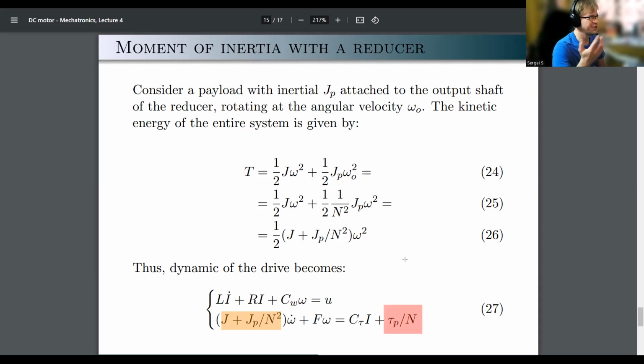So vice versa is also true. The internal torque will be equal to the outside torque divided by n. It works to see how the payload acts on the internal dynamics. It acts n times less